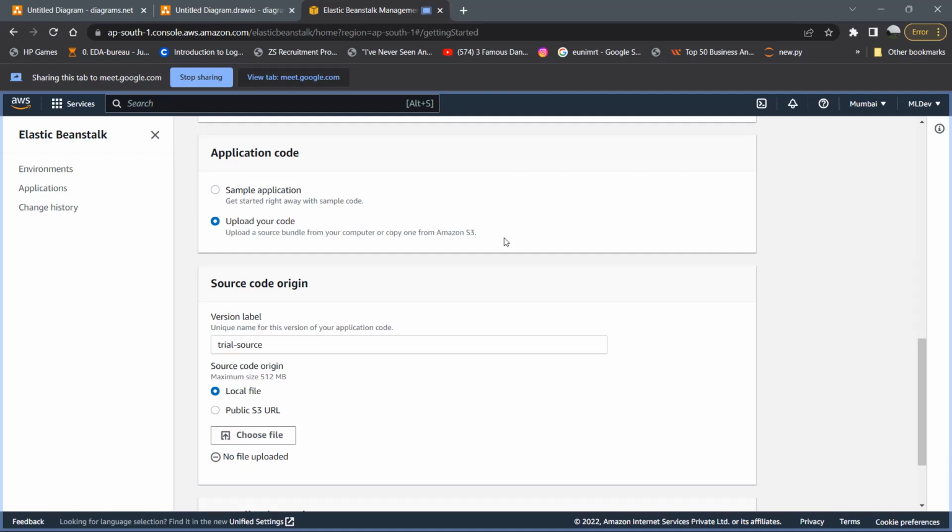S3 bucket is the storage. So there you can store your code first, and from there you can upload that code directly into the Elastic Beanstalk, or if it is present in your own computer or laptop, you can directly upload the code. Usually in companies, you will get a company laptop and they might give you permission to store the code in your laptop,